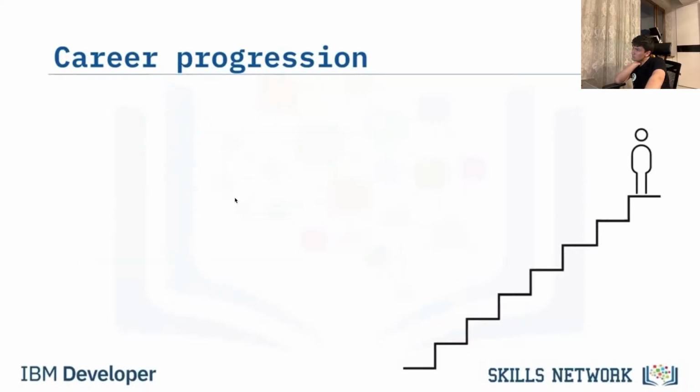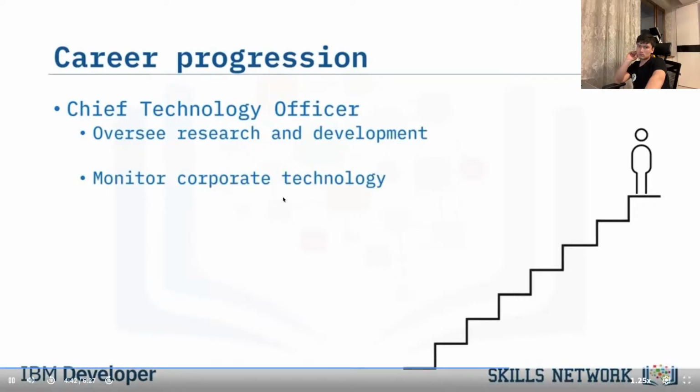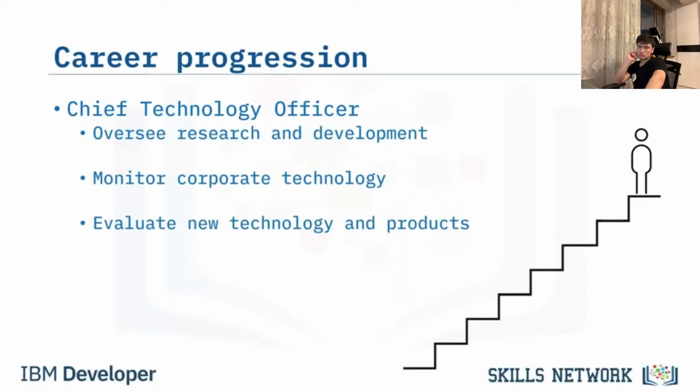The lead of an organization's technology arm is likely to be the Chief Technology Officer or CTO. In this role, you oversee all of the research and development in the company. You'll also monitor the company's systems and infrastructure to ensure that it meets your needs and budget. Even at this level, you'll continue learning. As technology evolves and new products appear on the market, you'll be responsible for deciding which ones meet your business needs and could give your organization a competitive advantage.